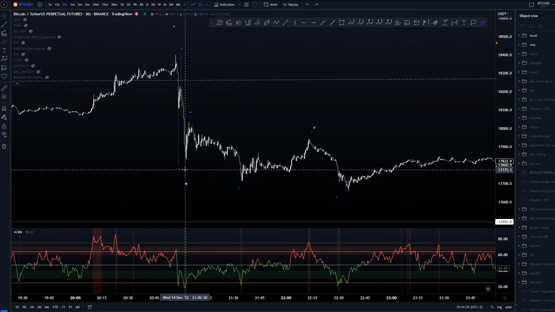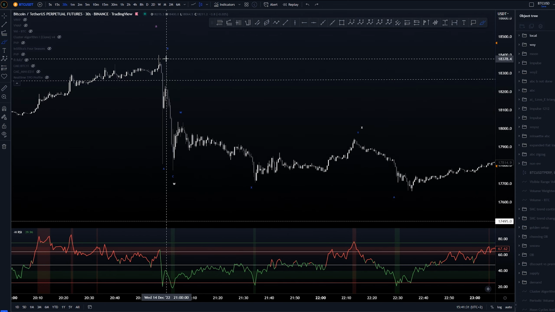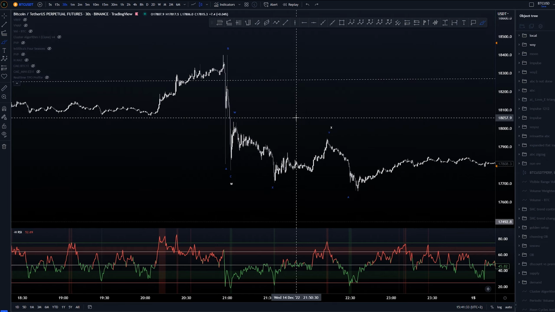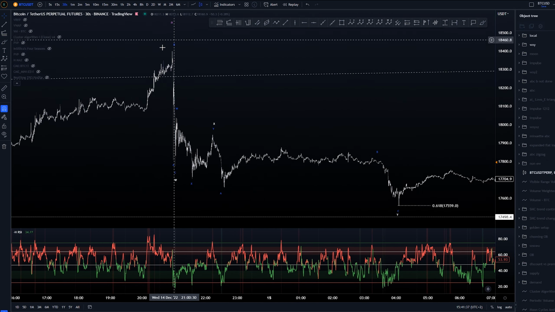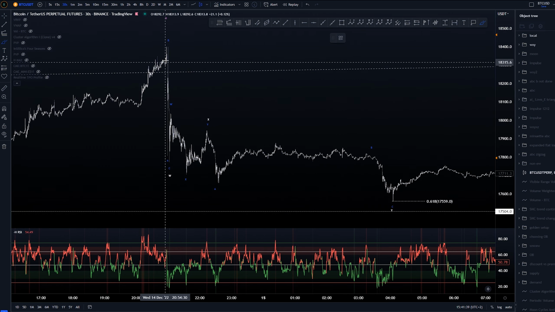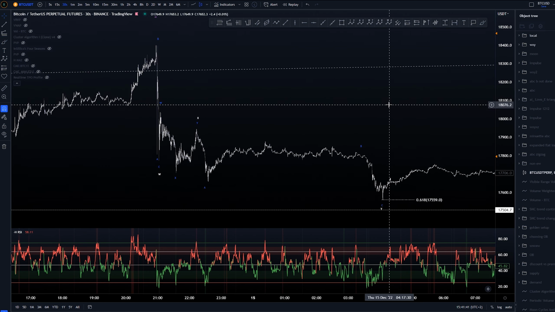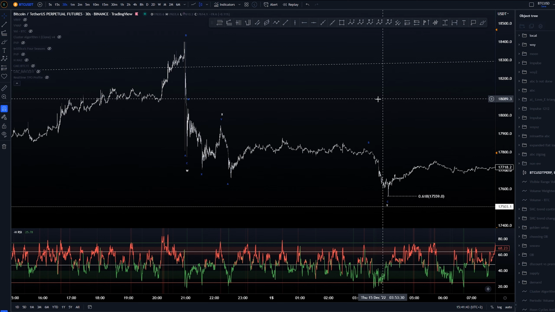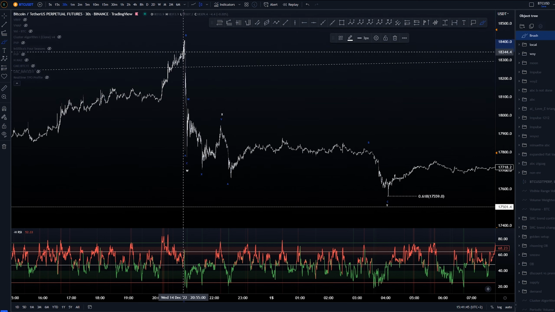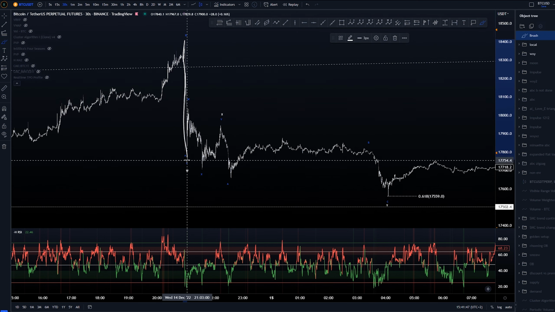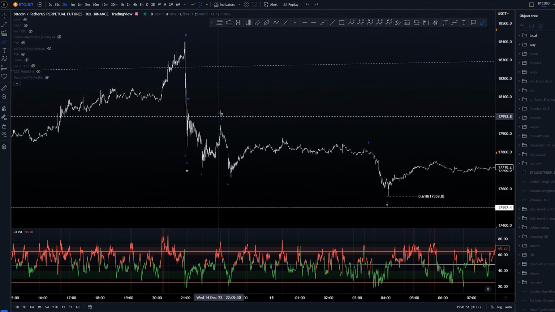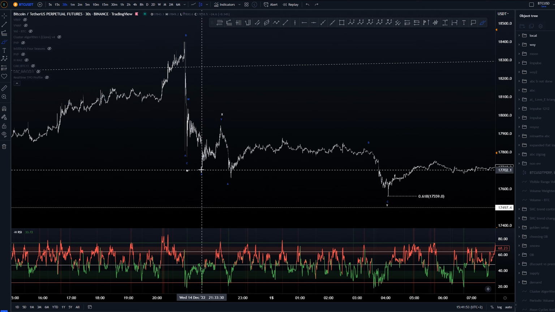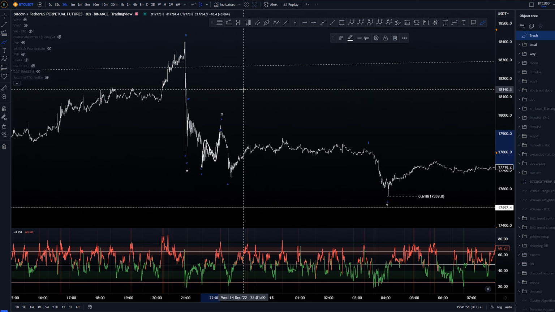And then we would have, again, I'm not sure if we should even label these things. We probably should just zoom out in reality, because again, none of these structures are really good looking. This is just the way I've labeled this for now, as I haven't really gotten anything else out of it. If you think this is a 3-wave structure for sure, then we would have a running flat or a WXY here. The running flat or the WXY like so is just labeled because again, this looks more of a 3-wave